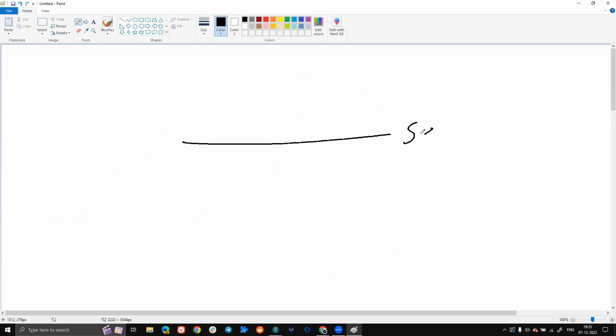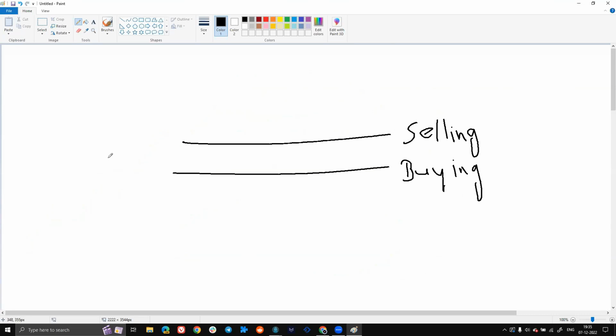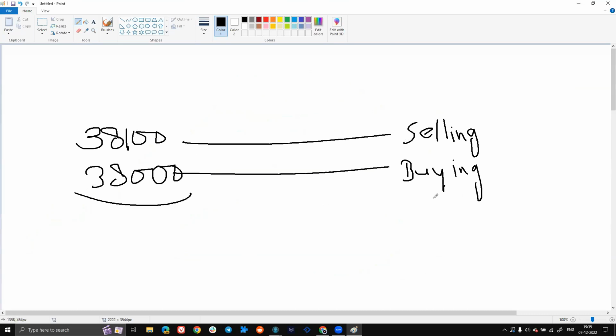It may be possible that the seller is selling here and the buyer is buying here. And this price is 38,100 for Bank Nifty, and this is 38,000. So whenever price reaches 38,000, the buyer will step up. When the price reaches 38,100, the seller will step up, and the price will remain in a tight range. And that's what happens a lot